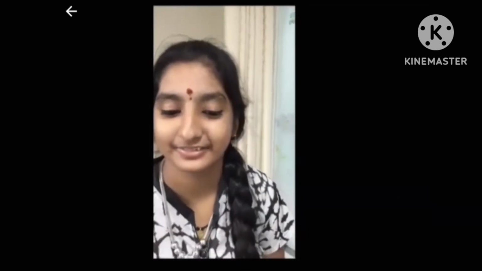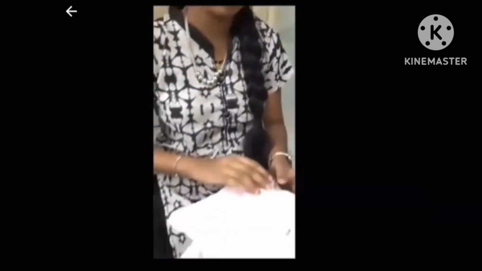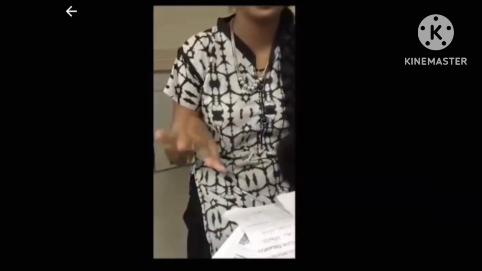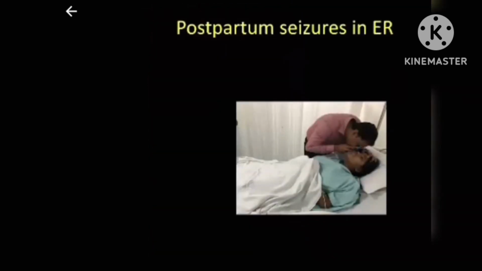You see, she didn't require any anti-seizure medicine at all. She needed only anti-inflammatory drugs, and she was completely normal. You saw that? So the approach is different. So now we'll come to